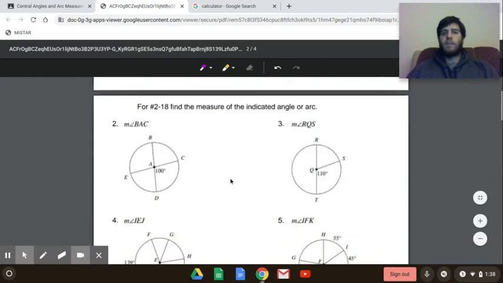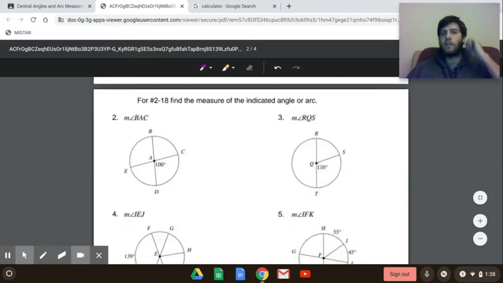So 2 through 18 wants you to find the measure of the indicated arc or angle. The key here is to look for vertical angles and look for straight angles or semicircles. You know that vertical angles are congruent, and then straight angles or semicircles are going to add up to 180 degrees. So on number 2,